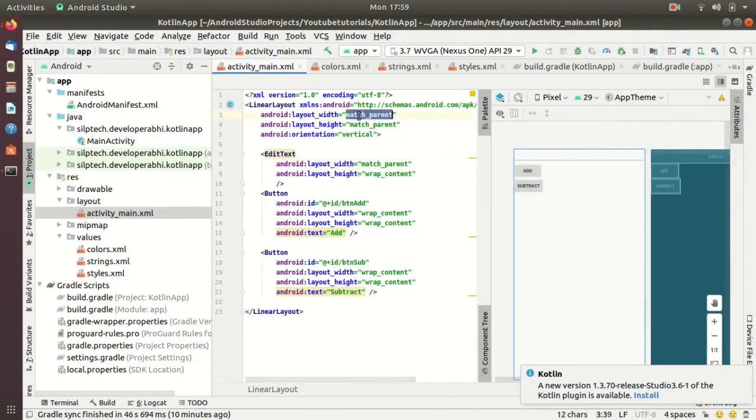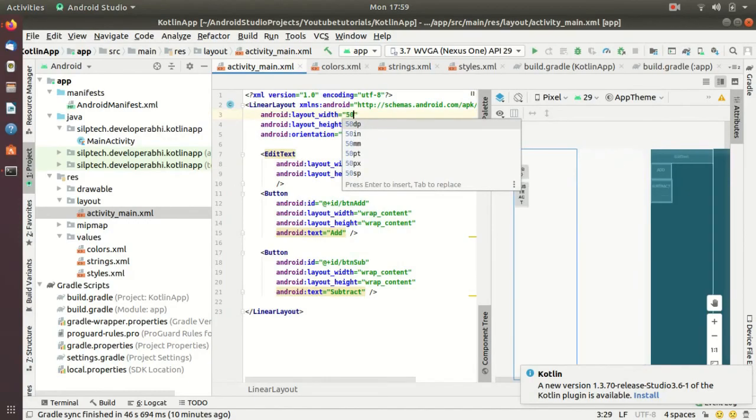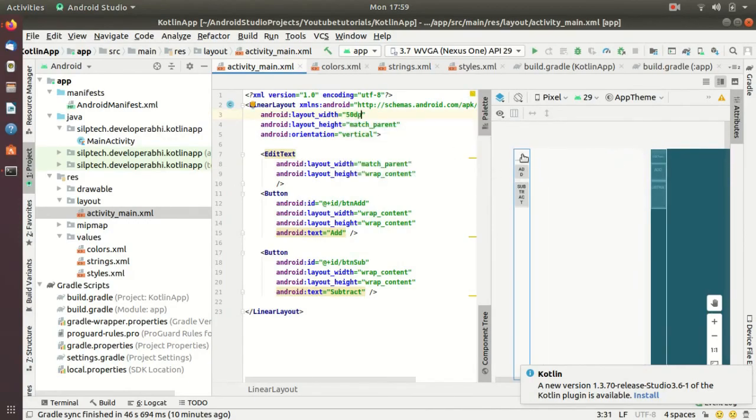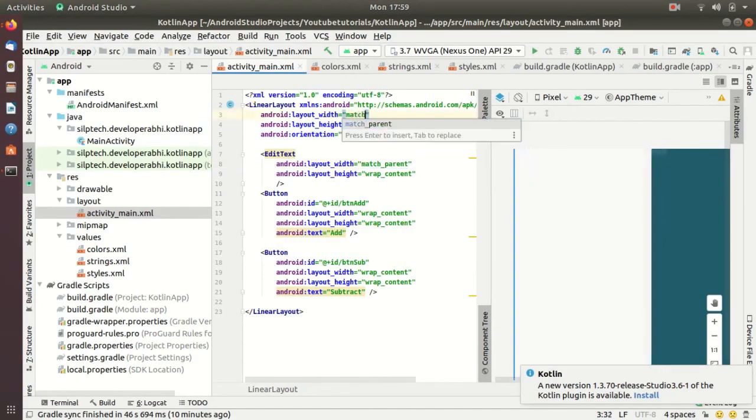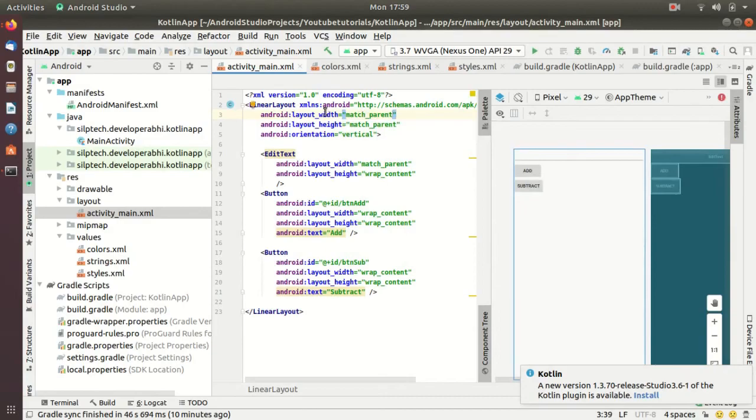Suppose if I change this match parent to maybe 50 dp, as you can see, what happens is now this match parent will not consume the entire screen, but it will consume the space consumed by its parent element. So yeah, match parent on the very top element or on the root element, in this case a linear layout,